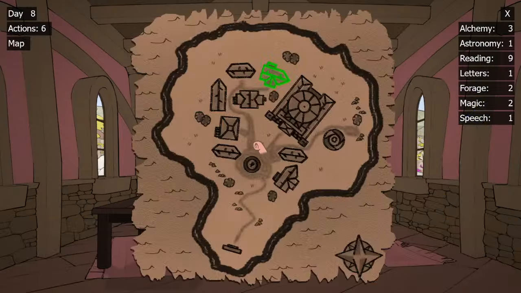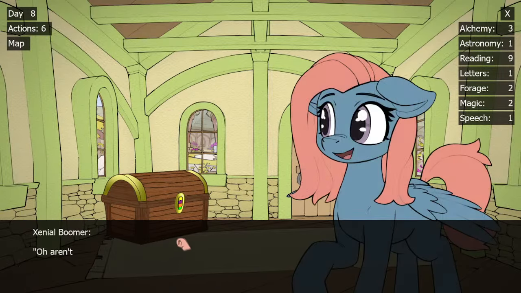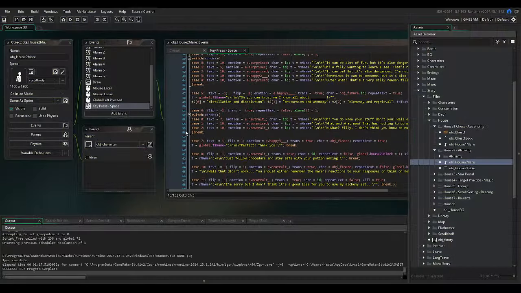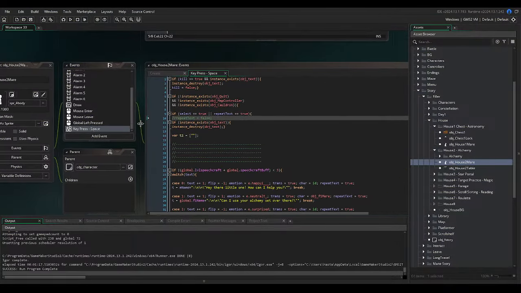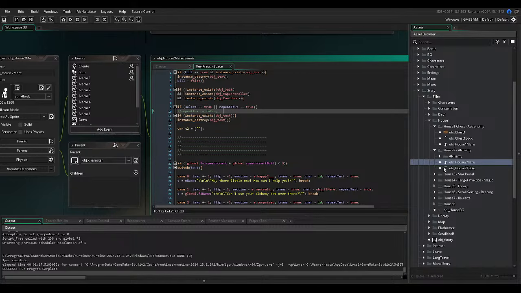Okay. Let's go back to this mare. Yeah. Okay. Whew, that's not that bad. Okay, I think I might have figured it out. Hopefully. Oh Lord, I hope so. Okay, so